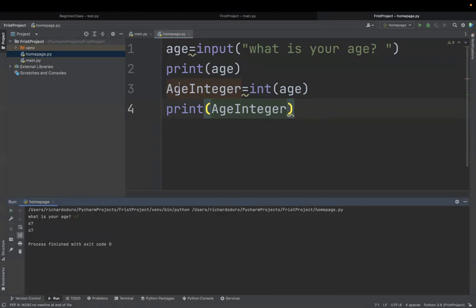Okay. So the first one is a string. The second one is an integer. Let's verify it. We said you cannot combine two types. So we cannot combine a string and an integer. So we cannot do something like